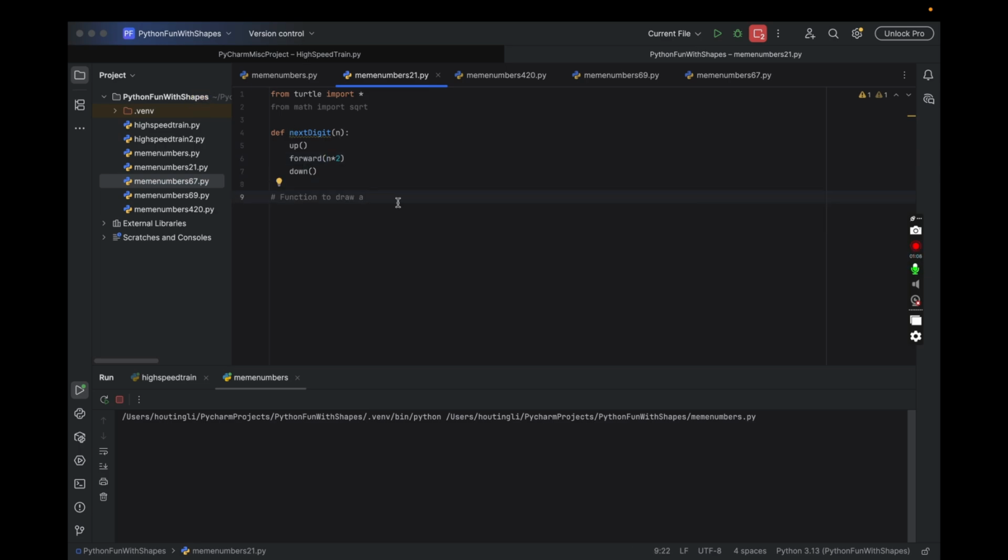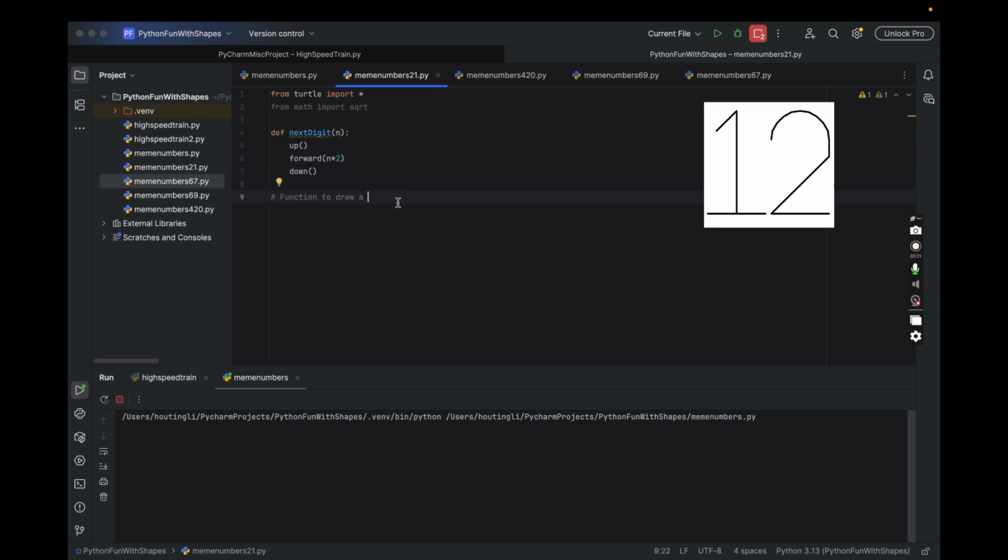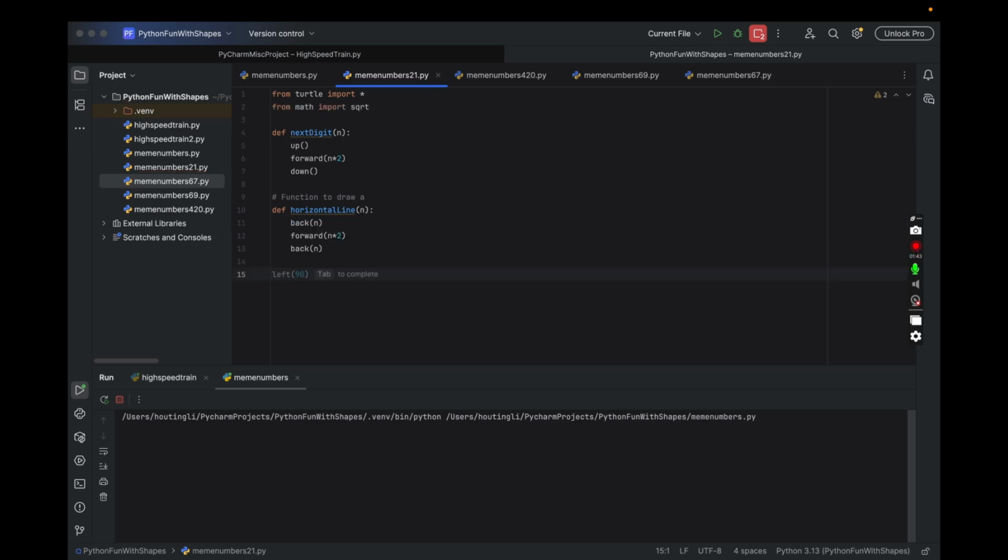Next, we are going to define a function to draw a digit-wide horizontal line starting and finishing at the midpoint. It's a bit like the horizontal bar at the bottom of the number 1 and 2. Now that I've defined the mini functions, set up the variables, created a list called functions, which I'm going to leave empty for now, and numbers, which will store the length of the functions. Basically store some constants in variables